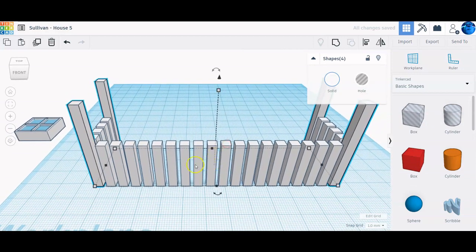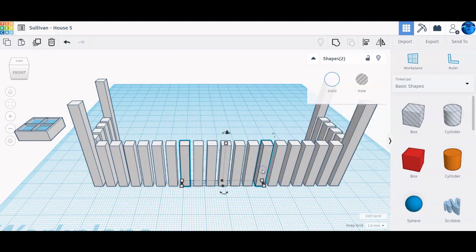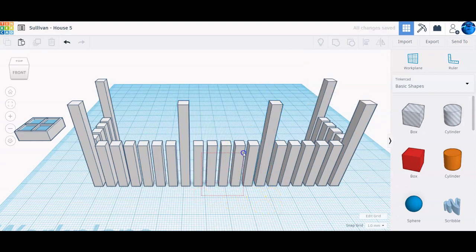All right, once you get that done, you're going to come in here, you're going to count 6 in, 1, 2, 3, 4, 5, 6, select that post, then from the other side, 1, 2, 3, 4, 5, 6, hold shift, and select, so you have these two posts, and we're going to do the same thing up to 45. All right, now we can delete these center ones,